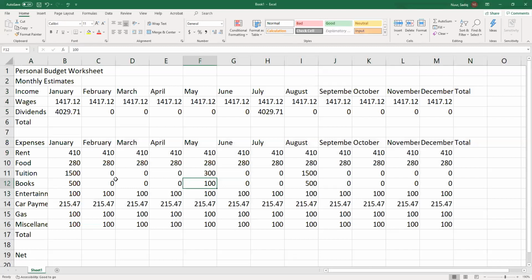Now, the next thing I want to do is use the functions. A function is a predefined formula. As I said, we have a bunch of functions in Excel. In this case, we want to sum columns of numbers. To sum a column of numbers, for example, I want to sum this one here to get the total